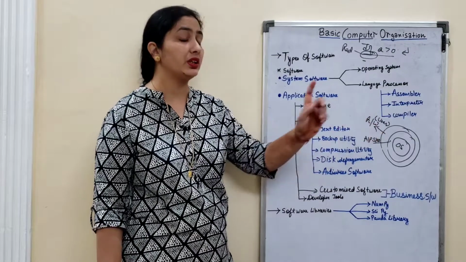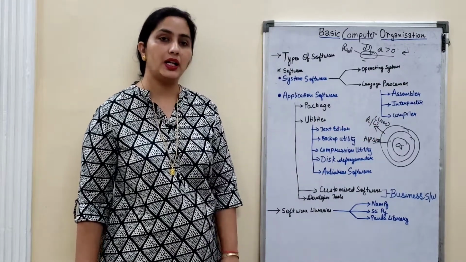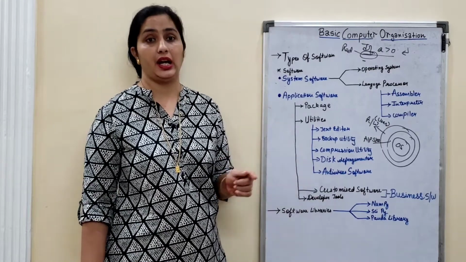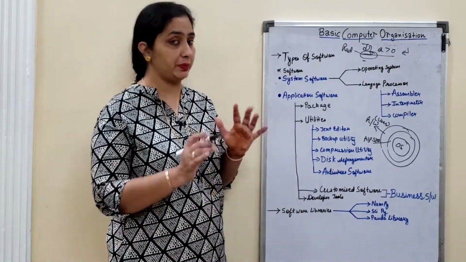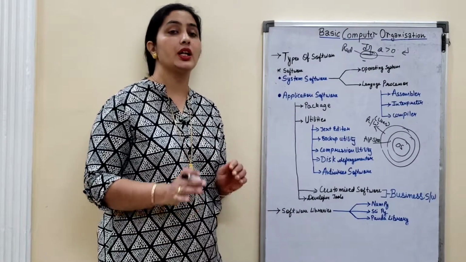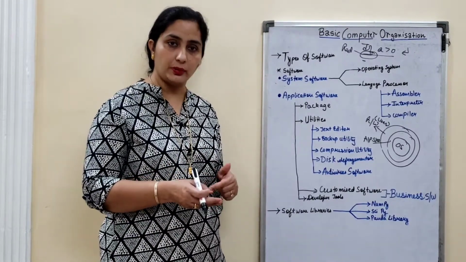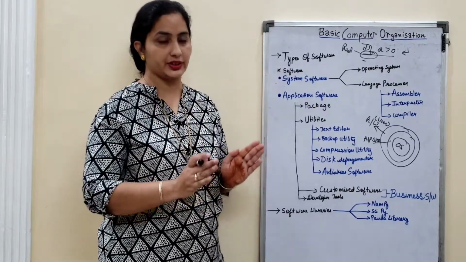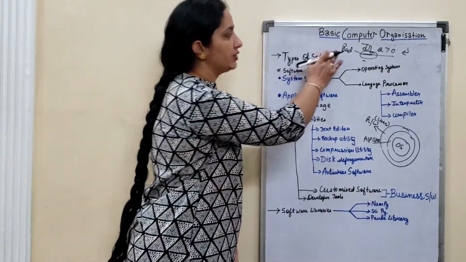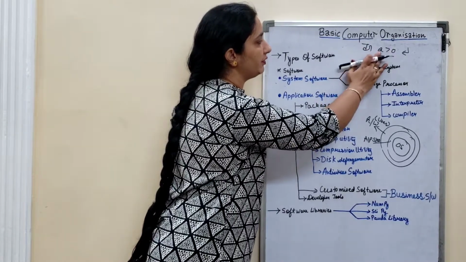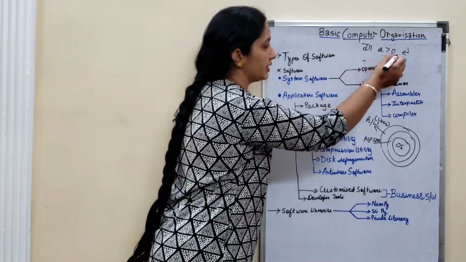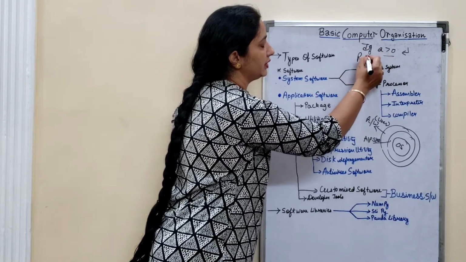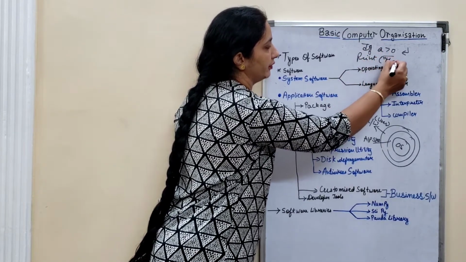Next is the compiler. What is the compiler going to do? The compiler checks your program at the end, at the time of execution. You have written each and everything, and when you run your program, at that time it gives you a long list of errors, like in a particular line there is an error. I'll show you how. Suppose you have written if a greater than 0, you press the enter key, and then you write: if a greater than 0, then print hello.